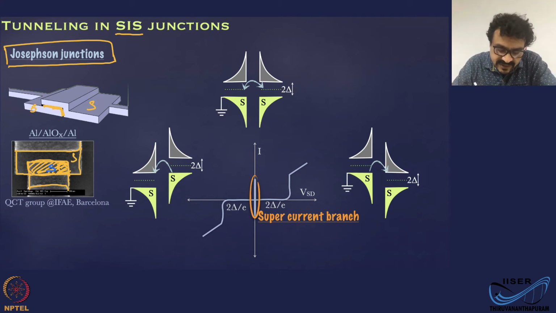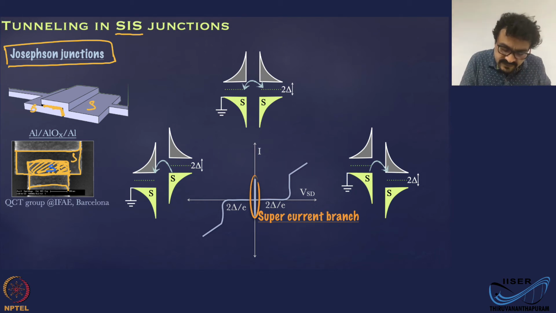So there will not be any current because of the quasi-particles, because electrons here cannot tunnel here since there are no states here. Electrons here cannot tunnel here because this is not reachable by the bias. Similarly, electrons here cannot tunnel here because all states here are full, and they cannot reach here because these two are empty bands, and the energy is not sufficient to put these electrons from here, or electrons from here, to here. The current due to quasi-particles or electrons is zero.